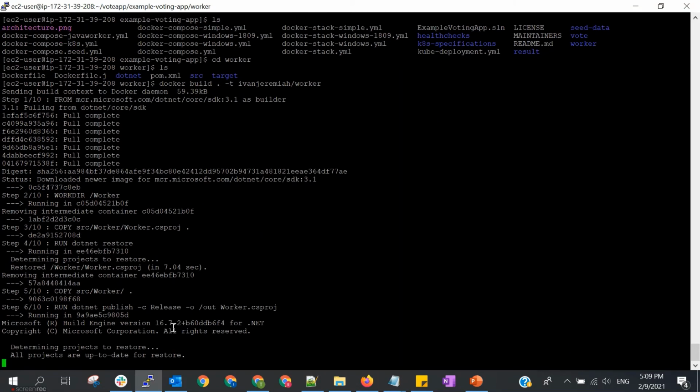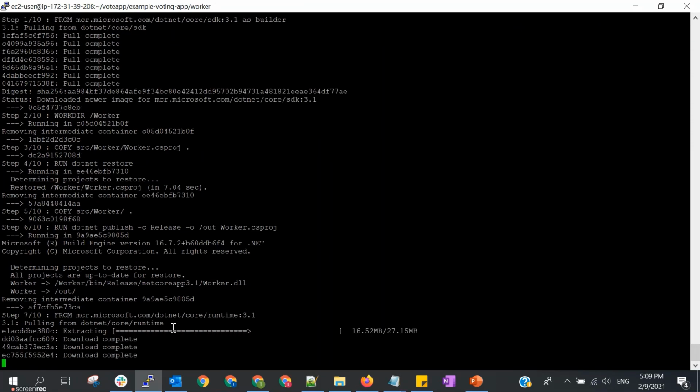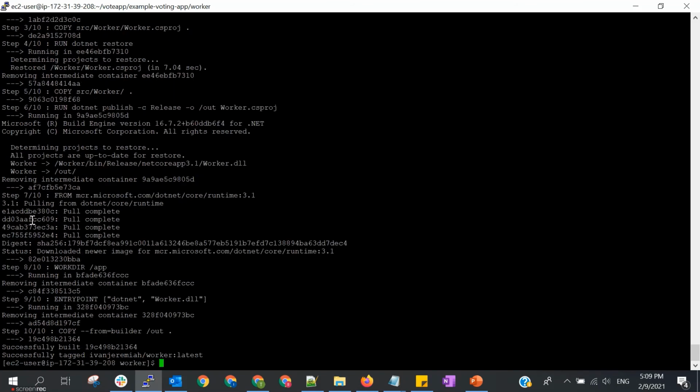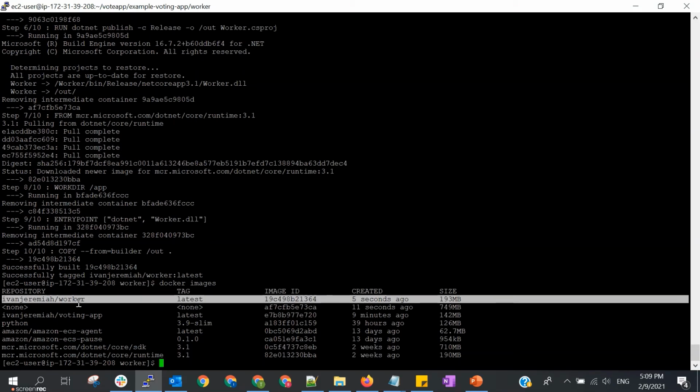Okay, it may take some time. So the step is 7/10. Now it's already finished. If we check again using Docker images, now we can see also the image for worker.